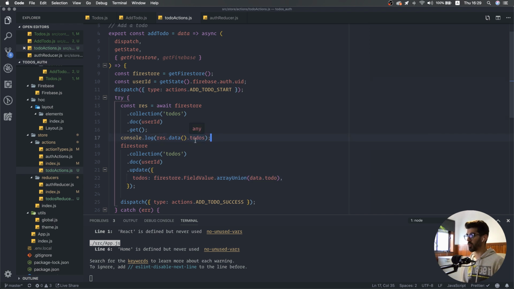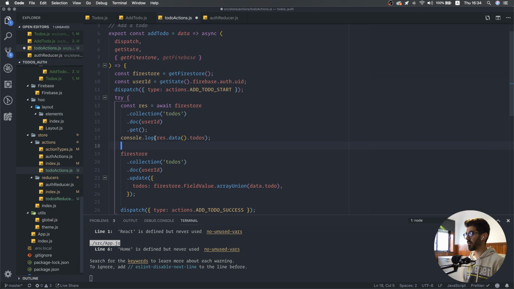So each to-do will be an object with the text for the to-do and the unique ID. And for example, I'm not going to do it, but you could add another property called, for example, done. So if your to-do is done or not. Okay, now that we have our array of to-dos here, what we can say is const new